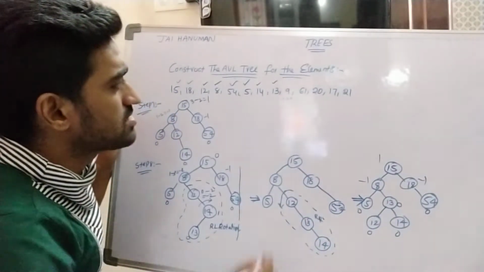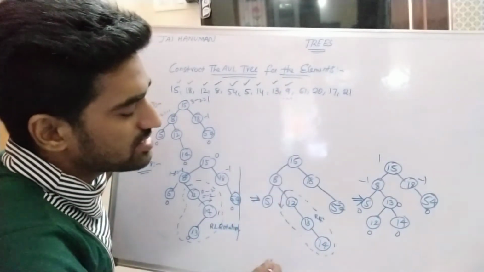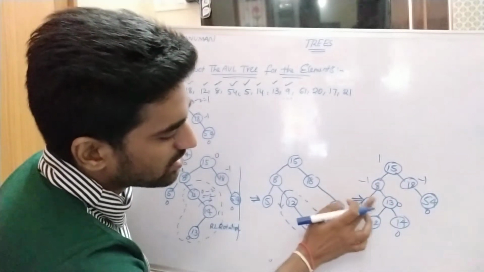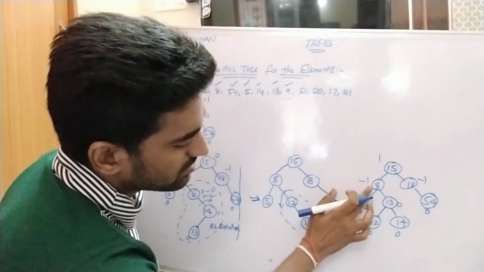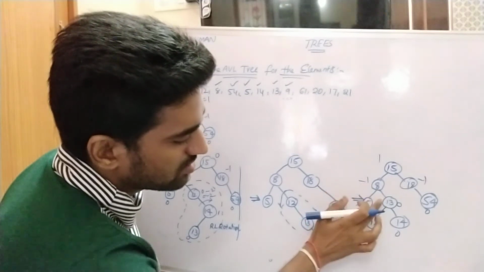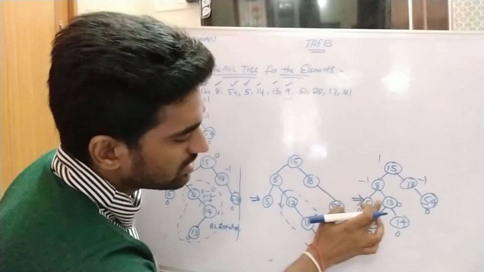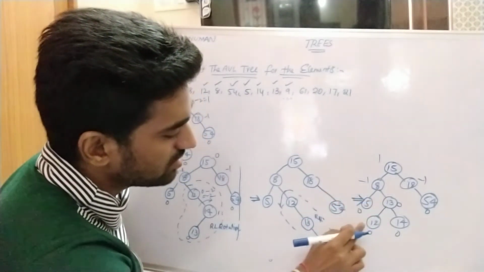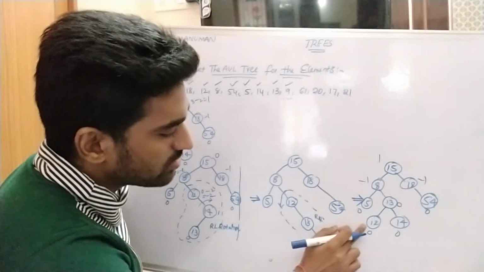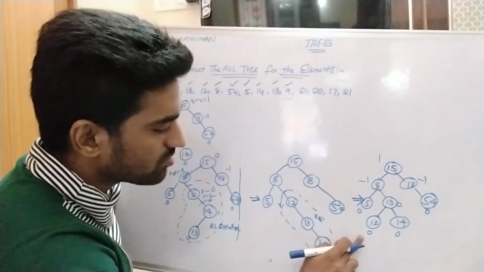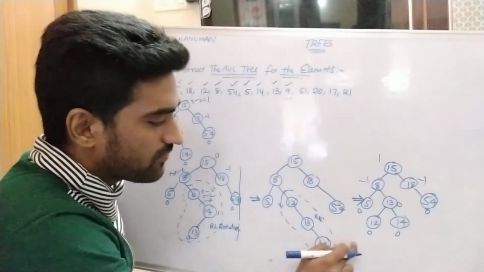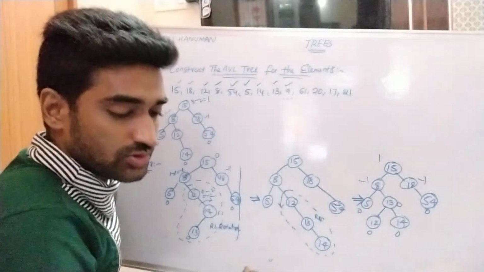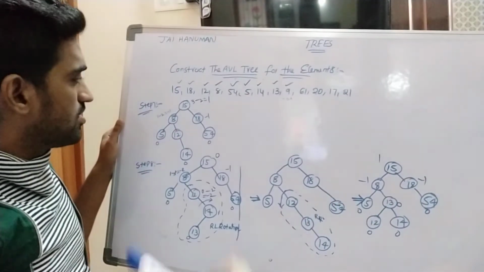Right? So what is the next inserted node? 9. So 9 is less when compared to the root node. So that's why we move to the left subtree, 13. When compared to 13, this is a lesser value. Left subtree. When compared to 12, this is a lesser value. So we insert at the position left of 12. Left of 12. Now the tree becomes like this.